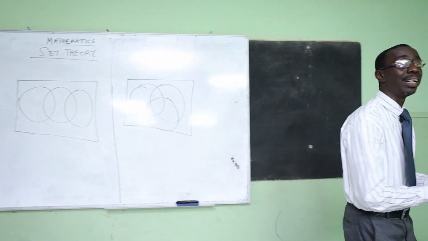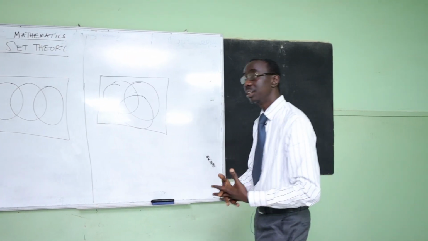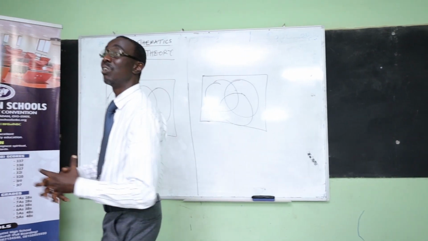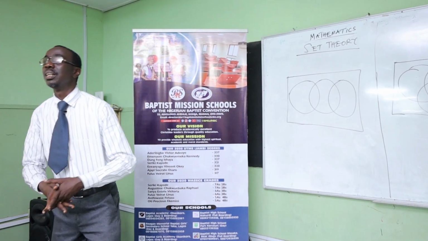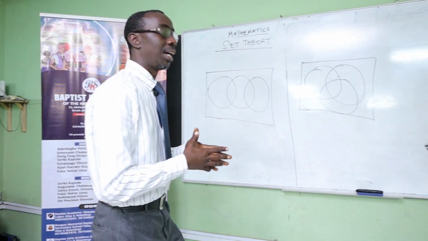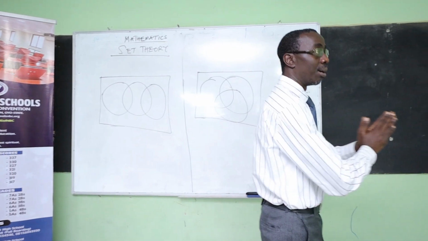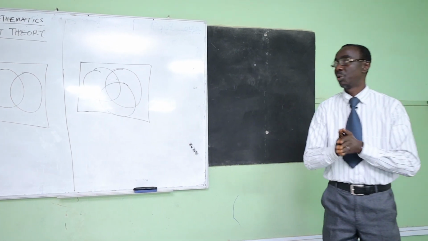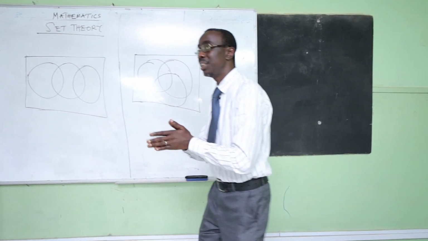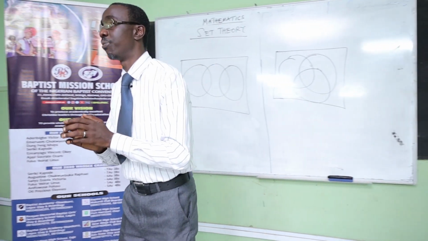If you are talking about A intersection B intersection C, if you are talking about the cardinality of a set, what does it mean? If you are talking about writing elements out for a particular set or subset,